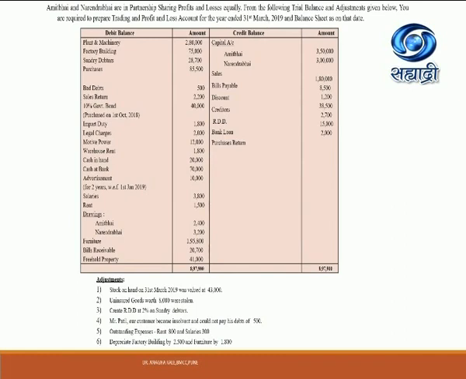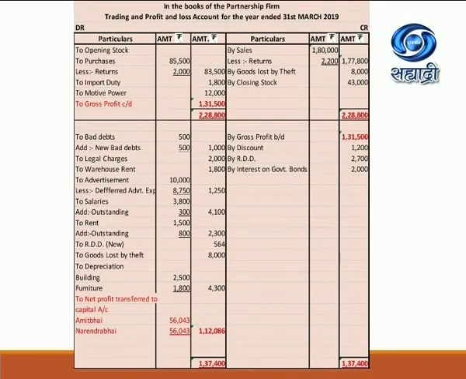Next implied adjustment is related to advertisement. Now advertisement is there for 2 years with effect from 1st January 2019. So in current year advertisement expenditure is there only for 3 months. So in profit and loss account we can see that prepaid advertisement is there, which is 8,750, that is of the deferred revenue expense. So 10,000 less 8,750, which are related to next years, so that we are deducting, and 1,250 in outer column are indicating the advertisement expenses which are related to current year.